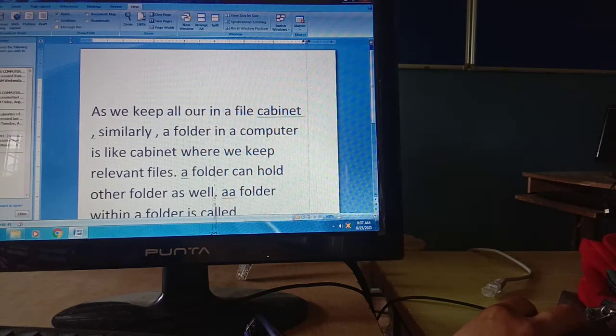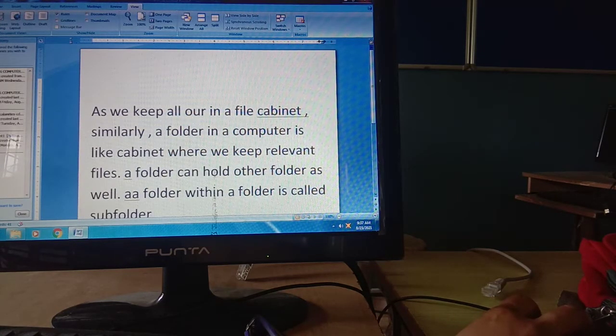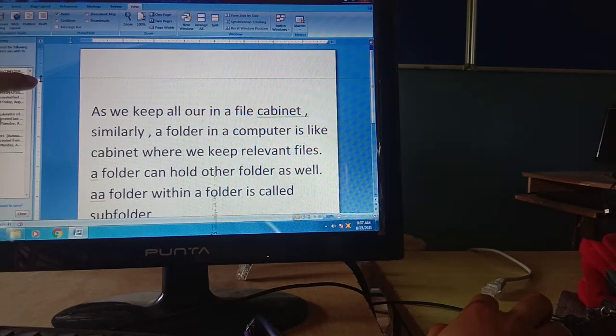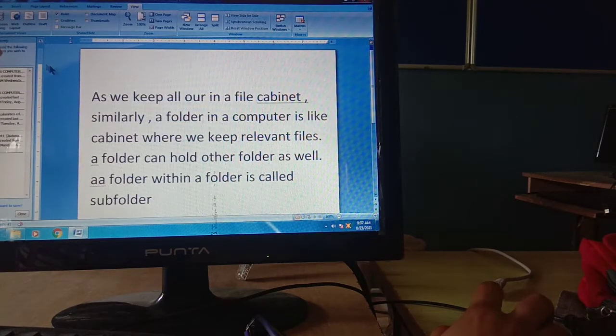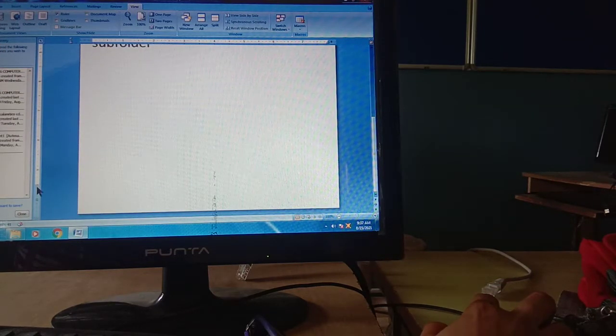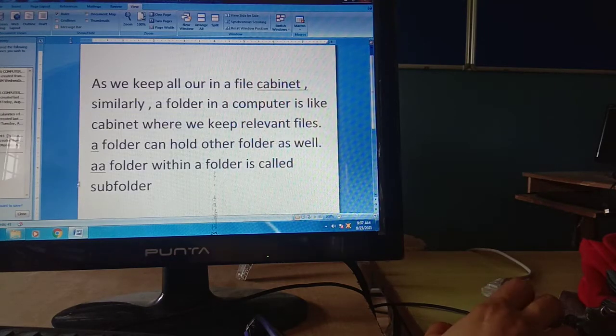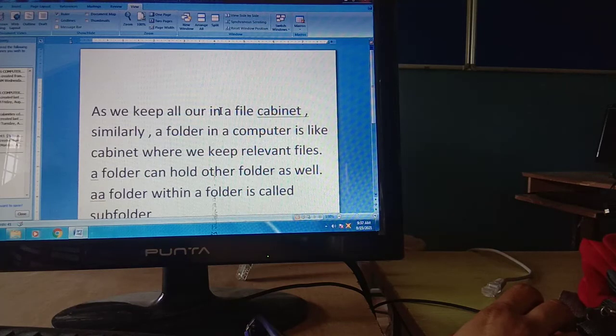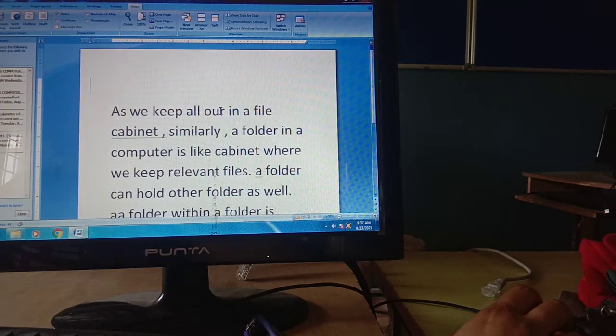You can set your margin from here also, like this. This arrow will come. You have to shift this arrow. Just like for example, I am setting the up margin. Here also I am setting the up margin and down margin. This also. So we can set the margins like that.